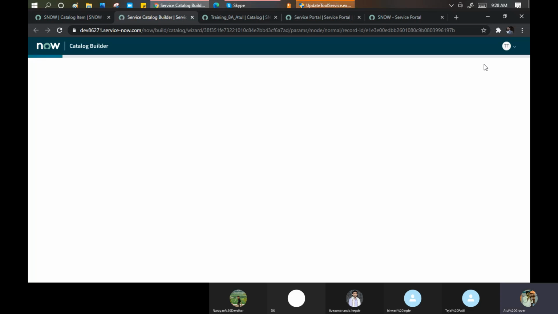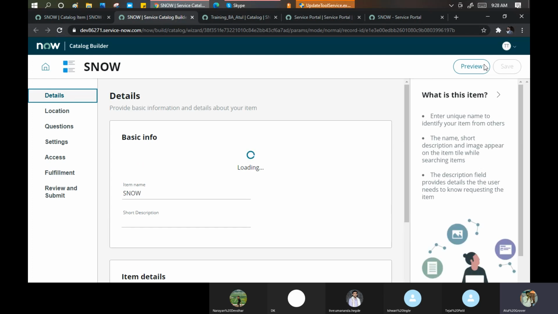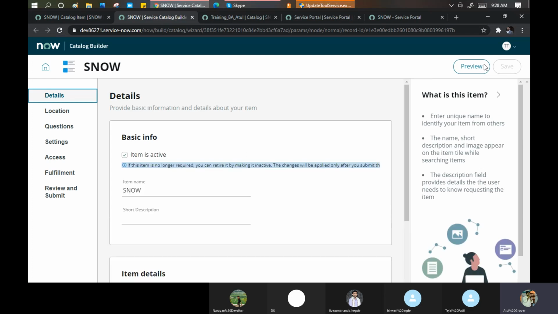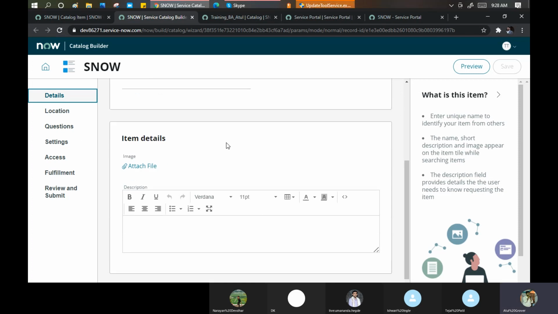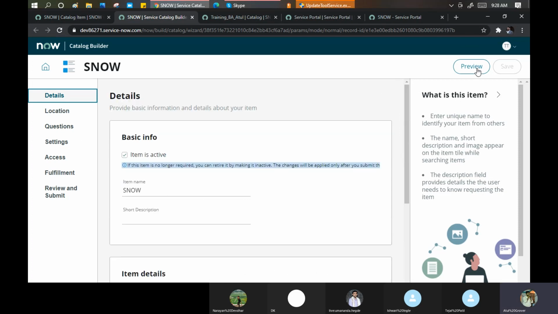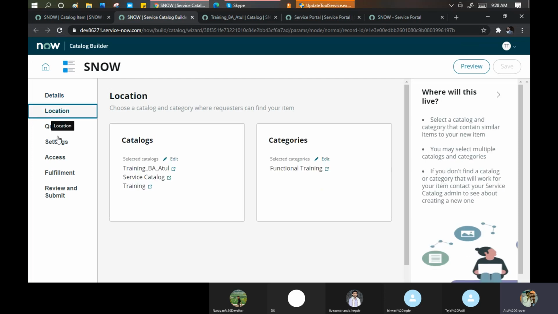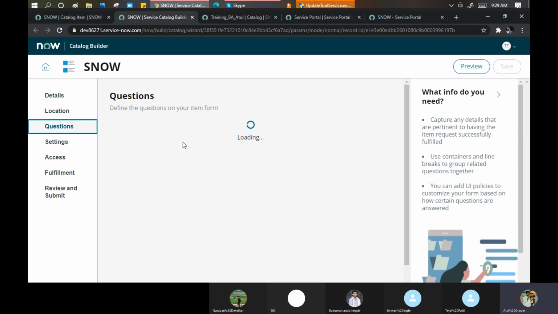If you are a functional consultant, people like me, Dipesh, Narayan, Uma, Santosh, we guys don't know the coding. But if someone tells me, Atul, you just need to drag and drop these options here and your catalog item will be ready, what else do I need then? The same thing is happening here. This is the first time I'm checking this in the catalog builder. Location you want to put, question you want to put,